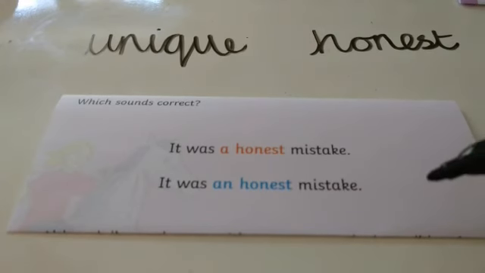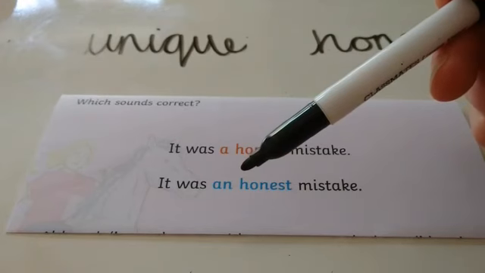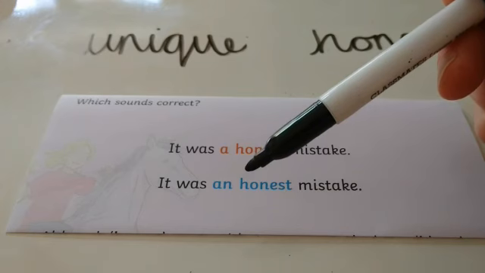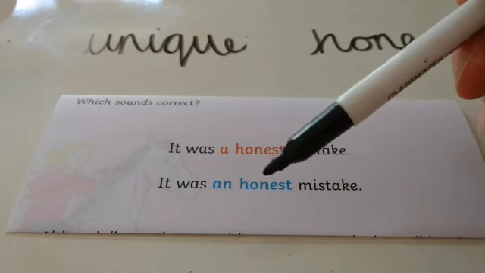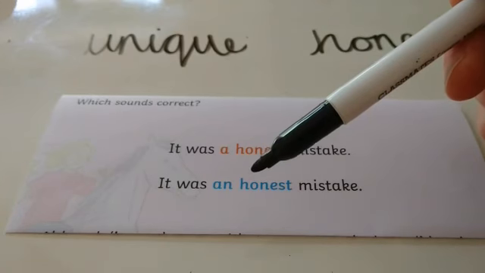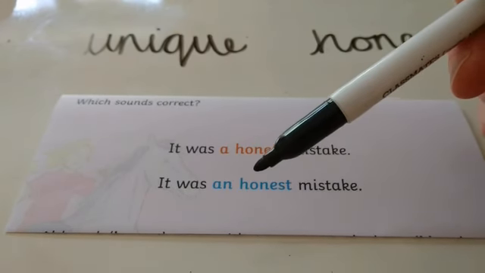But let's have a little look at the word honest. Honest starts with a consonant, H. Now if we follow our rules normally, we would put a in front of it. But not in this case. Let's have a think about the sounds. Honest. The start sound of honest is an O sound, a vowel sound. So we have to use an